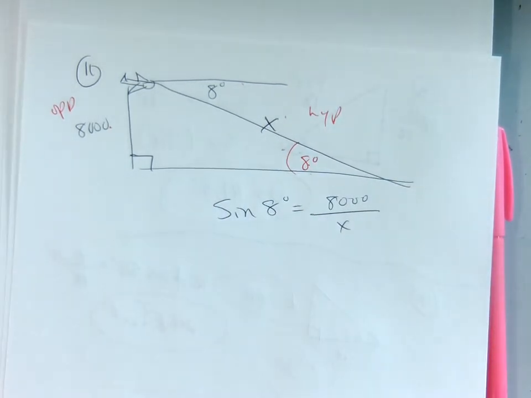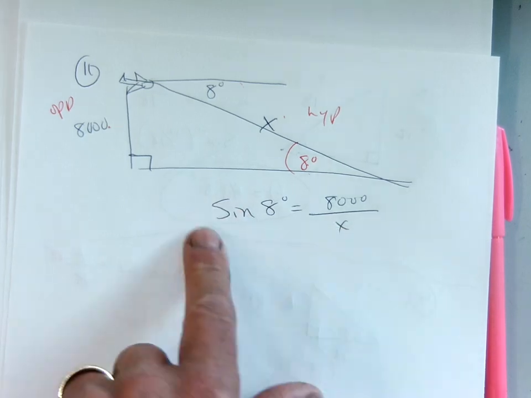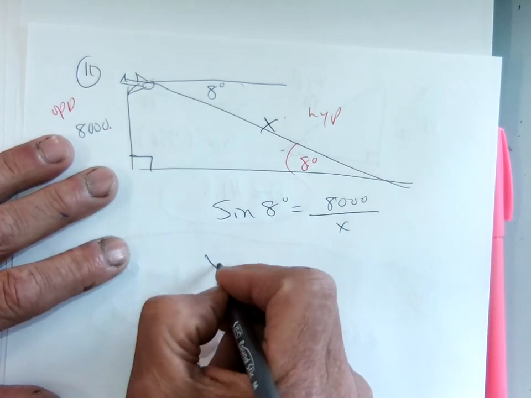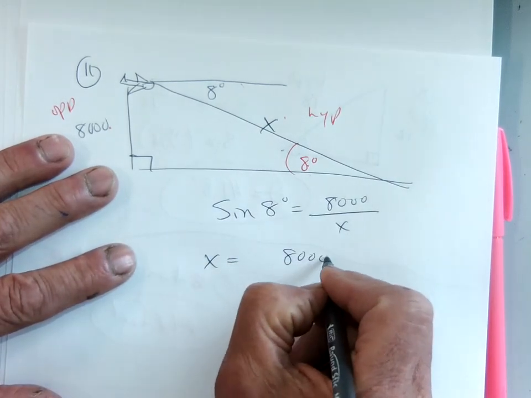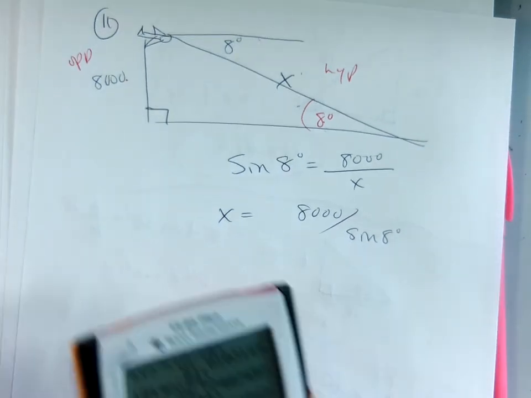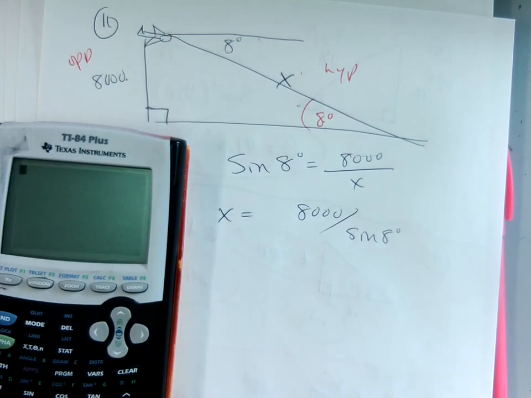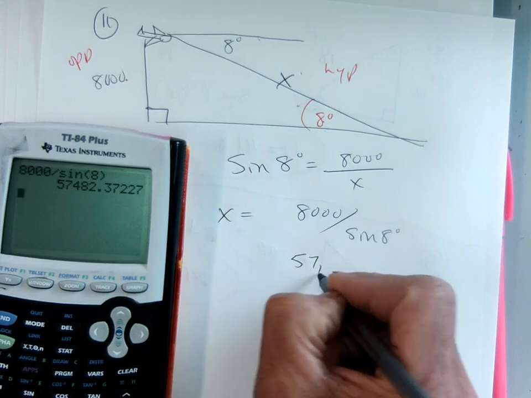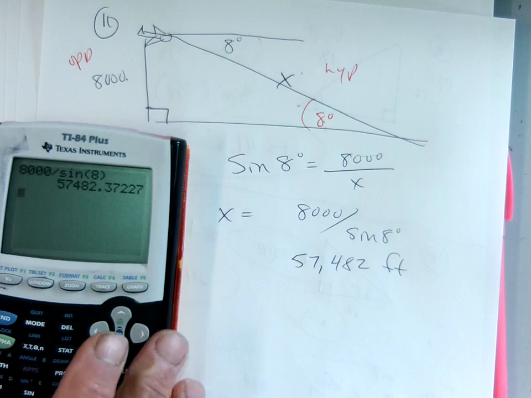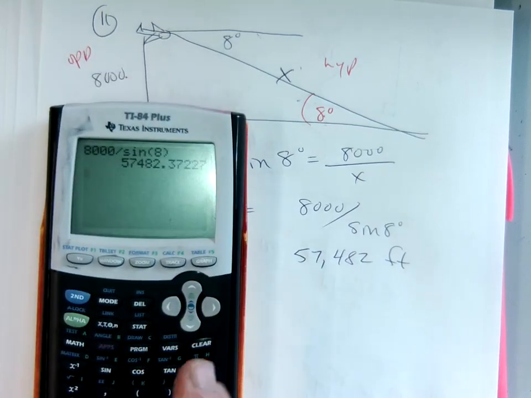Okay, well, I can't really solve for x in the bottom of the fraction, so I multiply it up, divide by sine of 8, or just trade places. x is equal to 8,000 divided by sine of 8 degrees. And I'm just going to go 8,000 divided by sine of 8. And I'm about 57,482 feet away. If you want that in miles, not that you care, but if you did want that in miles, I'd divide that